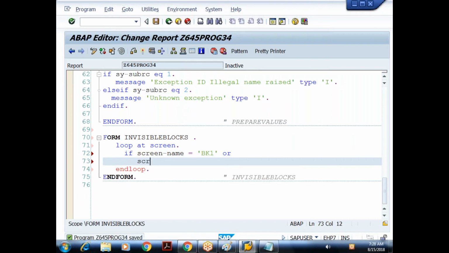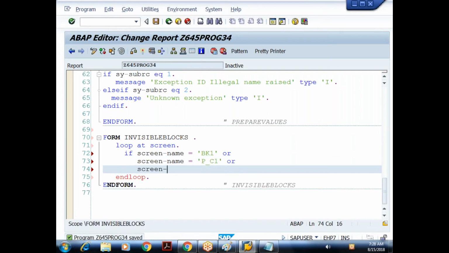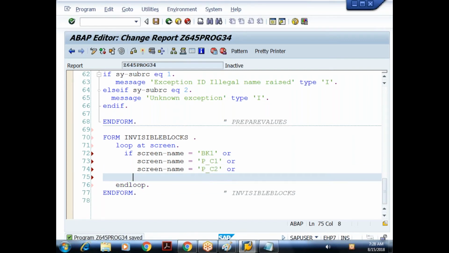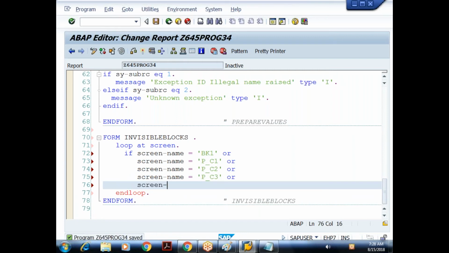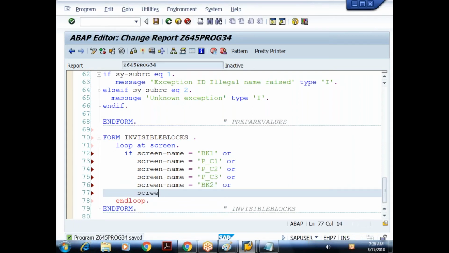I should also compare the elements in that block. Screen-name is equal to, what are the elements here? P_c1, or screen-name is equal to P_c2, or screen-name is equal to P_c3, or screen-name is equal to the second block, BK2, or screen-name equal to, what are the elements in that radio button?